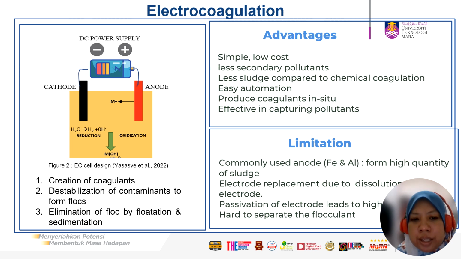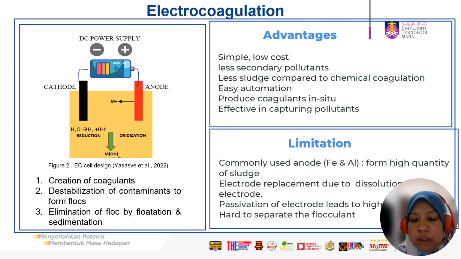This is the first step, and then the second step is the destabilization of contaminants to form flocks, and the third step will be elimination of flocks by flotation and sedimentation. The advantages of electrocoagulation are that it is simple, low cost, it produces less secondary pollutant, it produces less sludge compared to chemical coagulation, it can be easily automated, and it can produce coagulant in situ and is effective in capturing